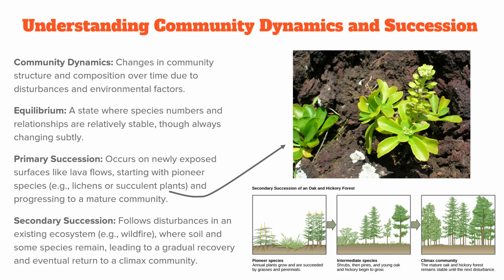When an ecosystem is reset, such as after a fire, a lava flow, or a glacial retreat, there is a predictable pattern to the recovery process. Primary succession begins on bare substrates with pioneer species. Secondary succession follows disturbances where soil remains, such as a regrowth after a fire. Communities may approach a shifting equilibrium, but change is continuous.